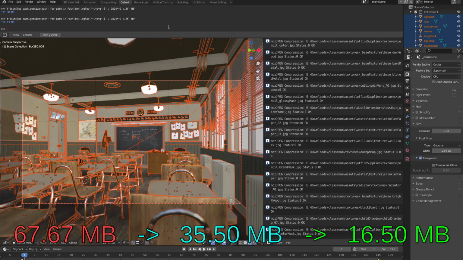The MozJPEG library gives you much better quality for size ratio than other popular programs. Nevertheless, you should avoid converting non-color data to JPEGs, especially normal maps. At the moment, this operator will skip converting files that have the phrase norm in their file names.